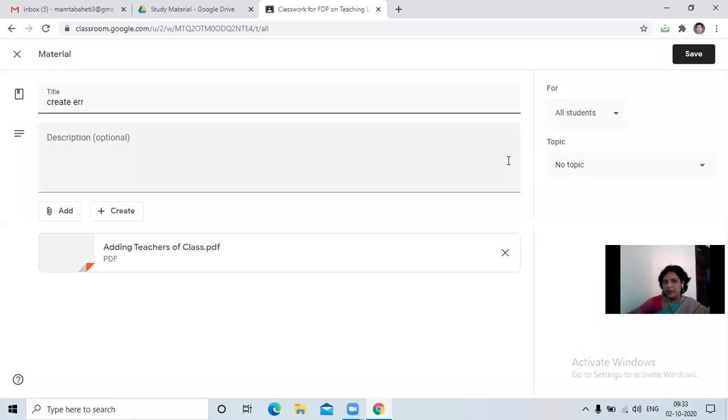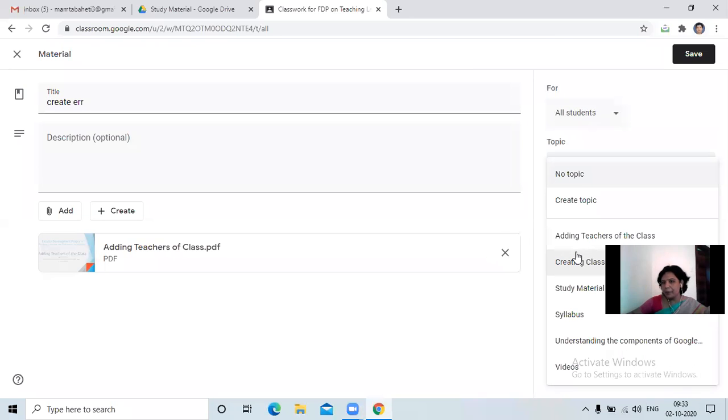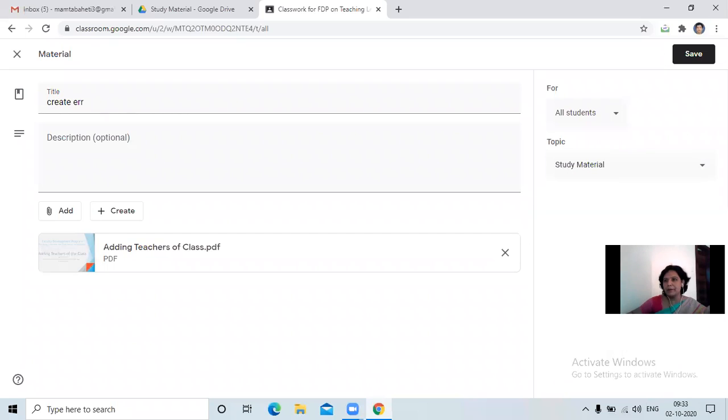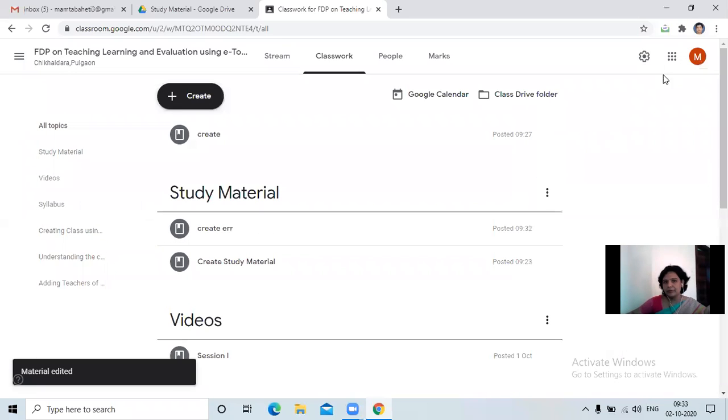When I click on edit, I'll select the appropriate topic. So now suppose I select study material and click on save.